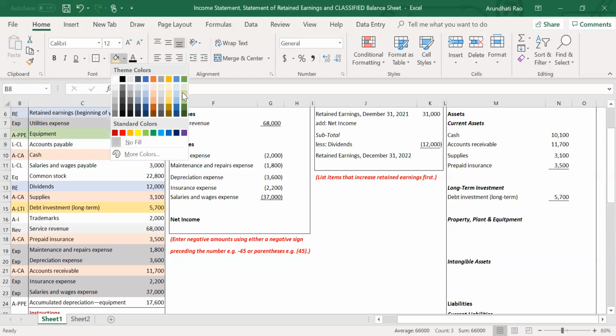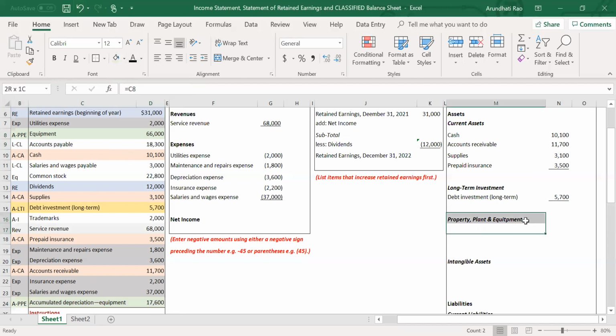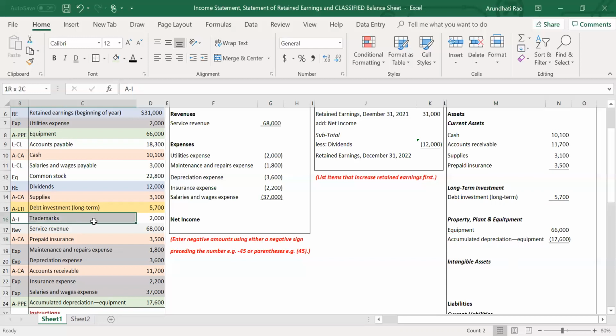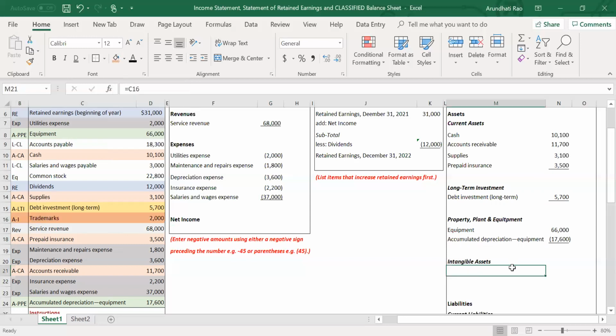Equipment and accumulated depreciation. Both of those are going to go here, but you will see how they're being placed. First, equipment, and then it is less accumulated depreciation on equipment. So I'm doing that subtraction. I'll have to do that subtraction, okay? And then intangible assets, I have trademarks. I'm going to run out of colors here. Trademarks,